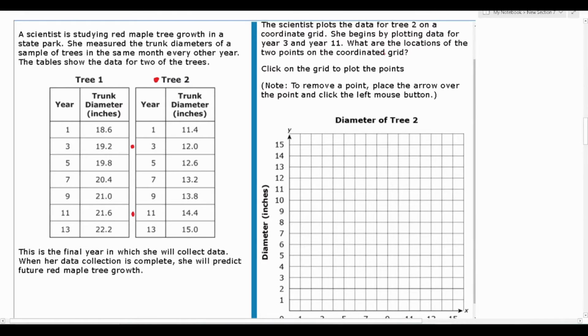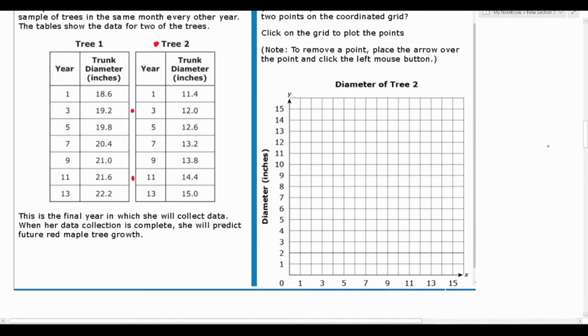What are the locations of the 2 points on the coordinate grid? And when you take the GED, you're going to be able to click on this coordinate grid to add your 2 points. So in order to answer this one, we have to realize that this data that's given here